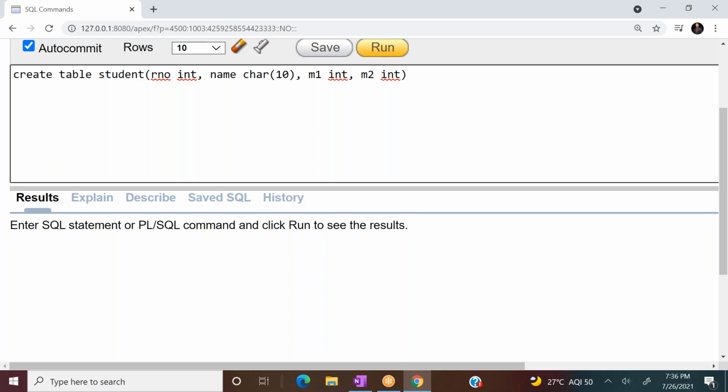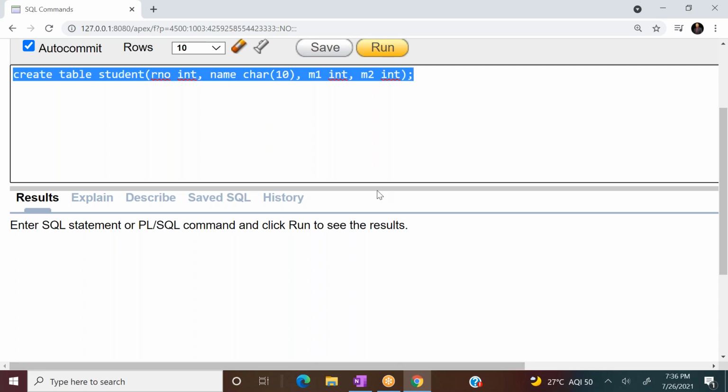Now this is the table I wanted to create. Click run.